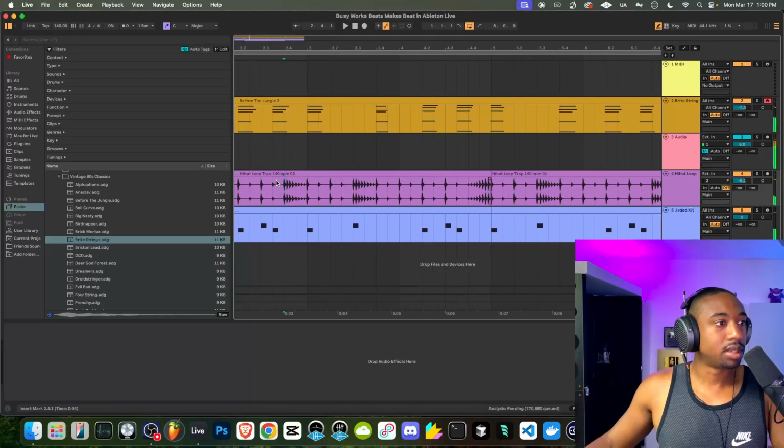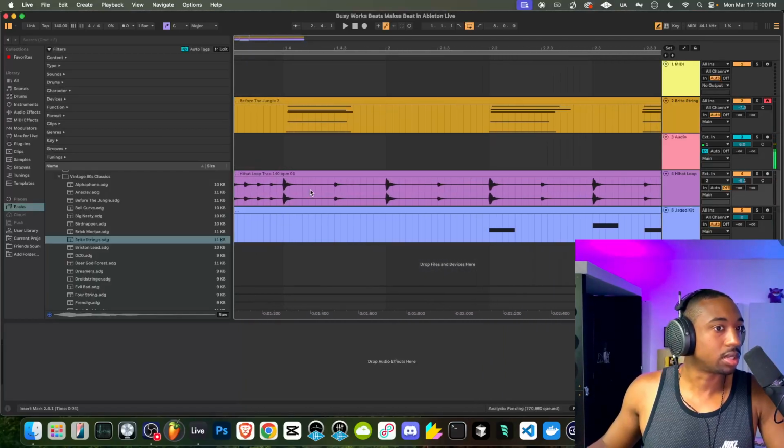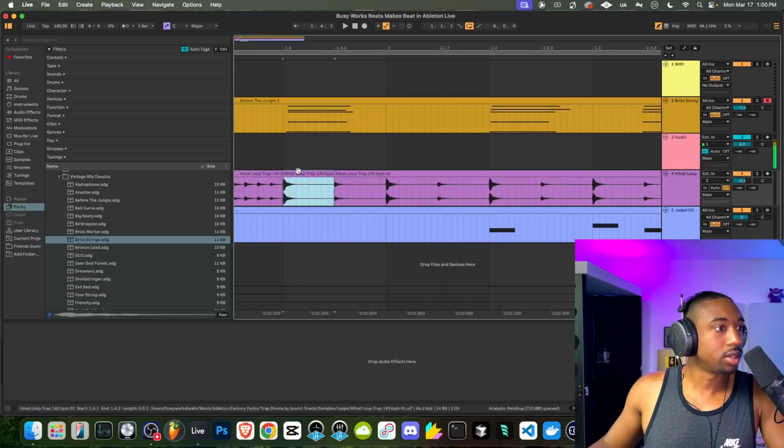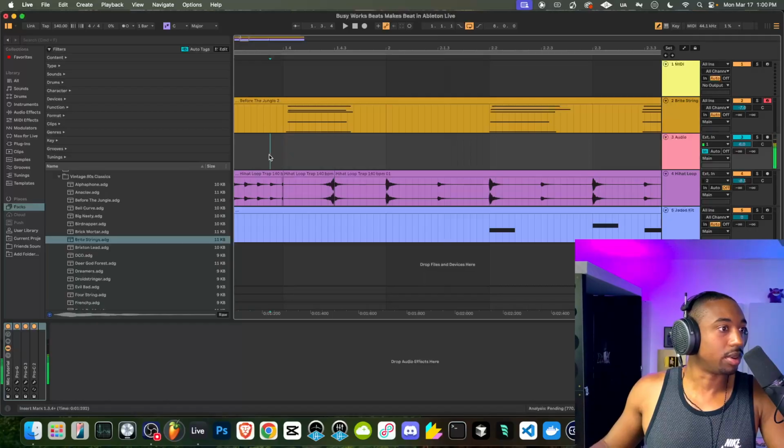So cool thing about Ableton, I was going to do boom bap, but I swapped it for this just to explain a little bit easier. Let's click here. Let's cut this with Control E. Cool things you could do in Ableton that you can't do in FL is just chop right here, and then you can reverse this part. If you right click, reverse clip, that's how fast it is to reverse. In FL Studio, you would have to do like 3 more steps.